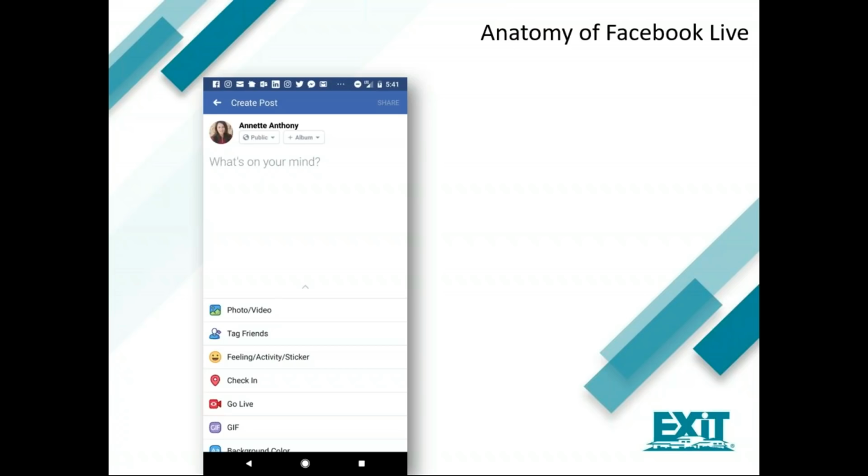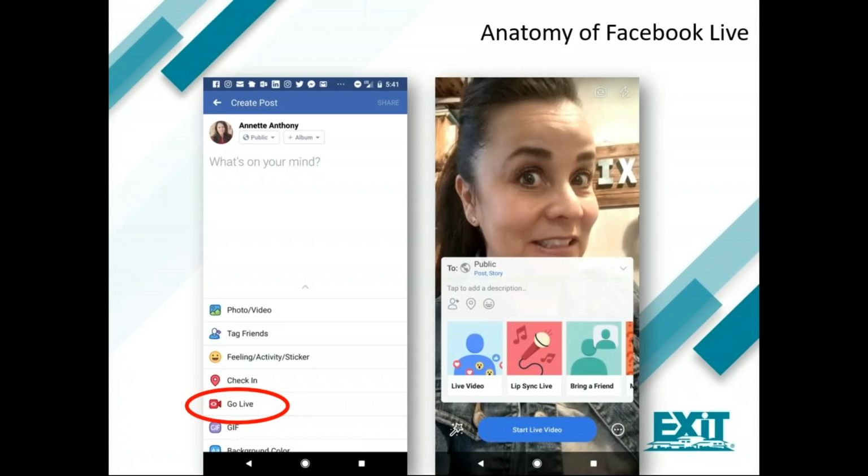What you're going to find is below where you would enter text, tag a friend, or add your location, you're going to see the Go Live option. I know some of you have avoided this like the plague, but we're going to click on it together, right? Click on the Go Live icon. When you click on it, you are literally ready to go. We can actually stop the broadcast here because this is all that you need. You click on Go Live, click on Start Video, and you are ready to go.